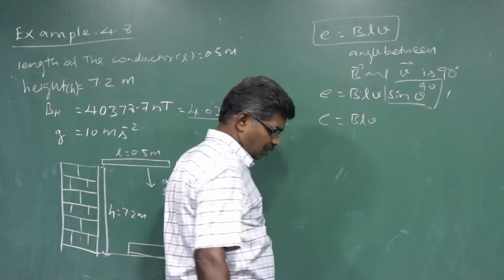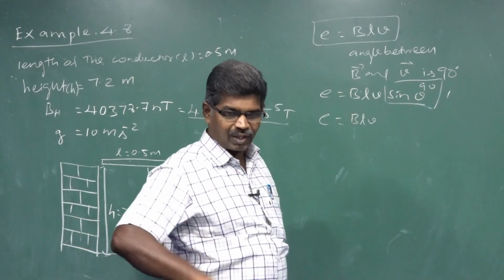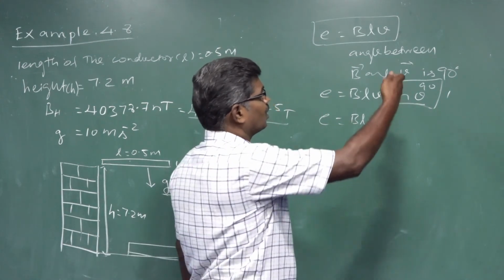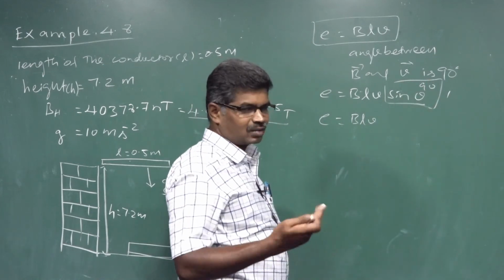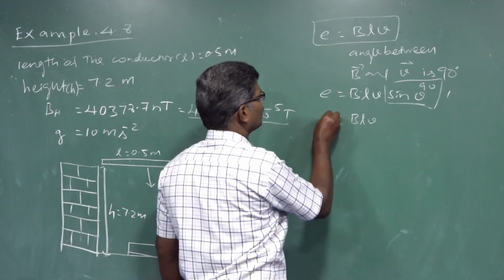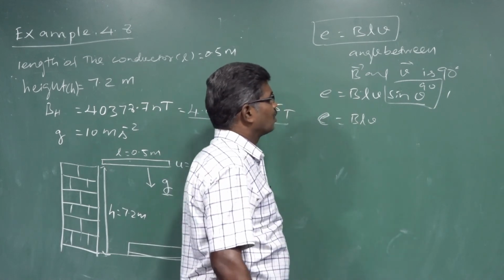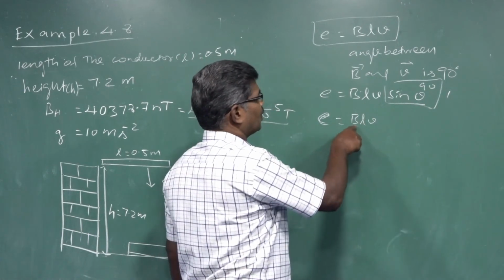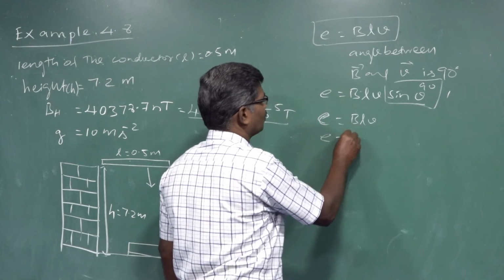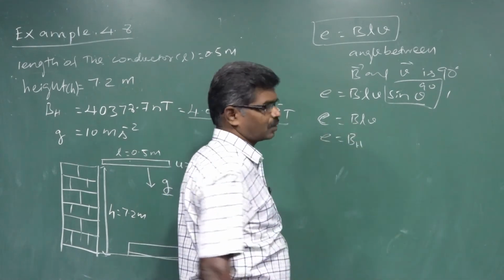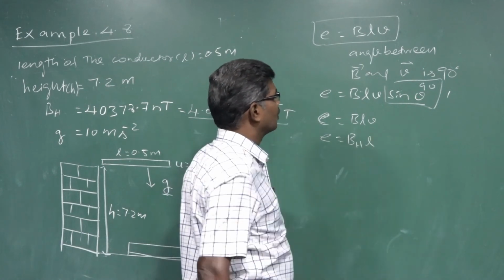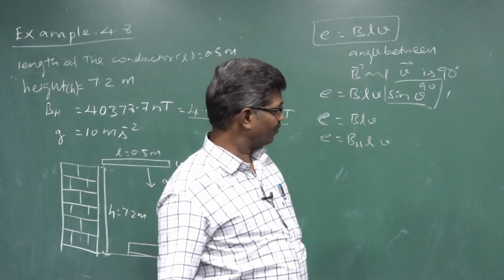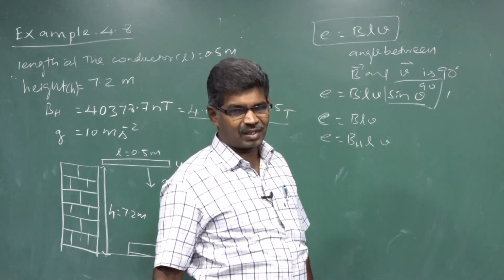But in our derivation, we already take the loop perpendicular to the magnetic field, so sin theta is not taken; that value becomes 1. So anyhow, the induced EMF in the rod ends is E is equal to BLV. Here the given value is BH, so instead of B we take BH. The length of the rod we have, and the velocity; the final induced EMF is what they are asking, so we want to know the final velocity.